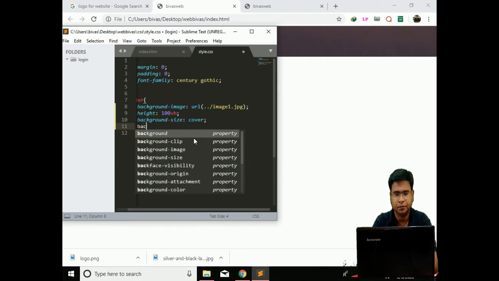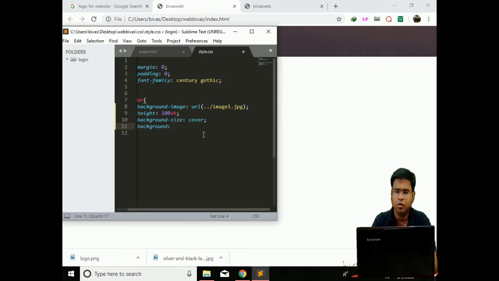Next, what shall I use? I'm telling you again and again, it is all about you. There is no hard and fast rule. So whatever properties I think of using, I will apply.